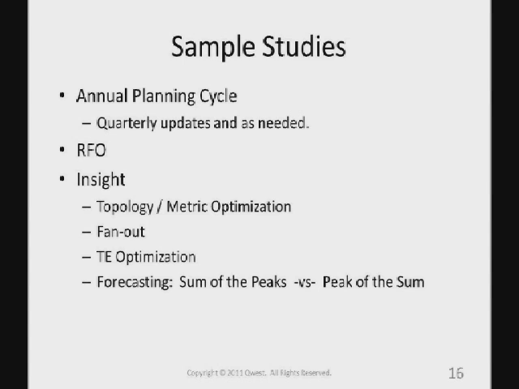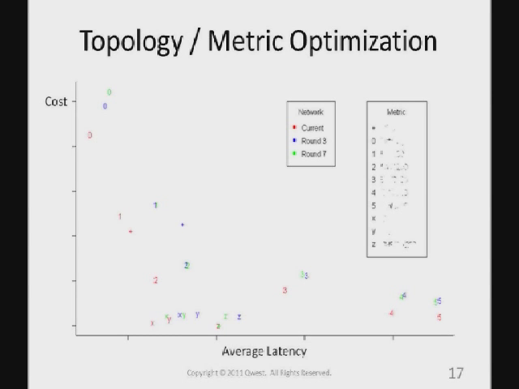I've listed 4, but I'm actually going to only drill into the first 2. So we did this study recently where we took a group of network topologies that looked interesting and looked like they might be something that would help us out. And then we looked at a set of IGP metric schemes that looked like they held some promise. And when we combined those together, we had a set of combinations of different things that we looked at.